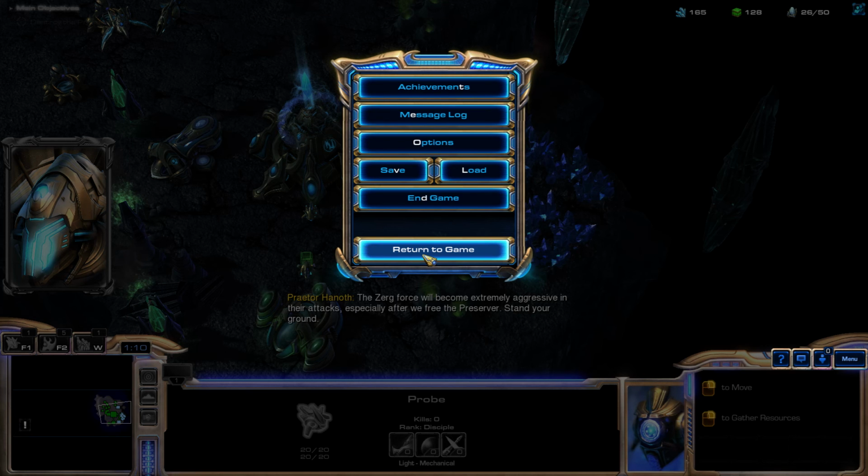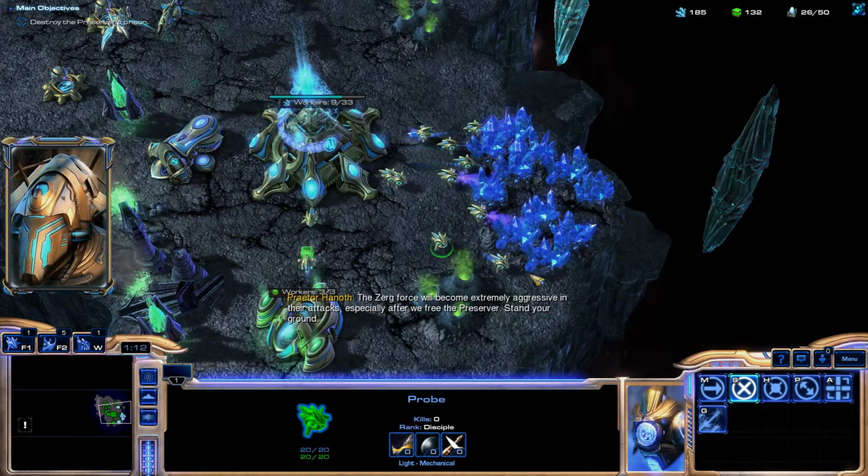The Zerg force will become extremely aggressive in their attacks, especially after we free the Preserver. Stand your ground. So I'm guessing that means...